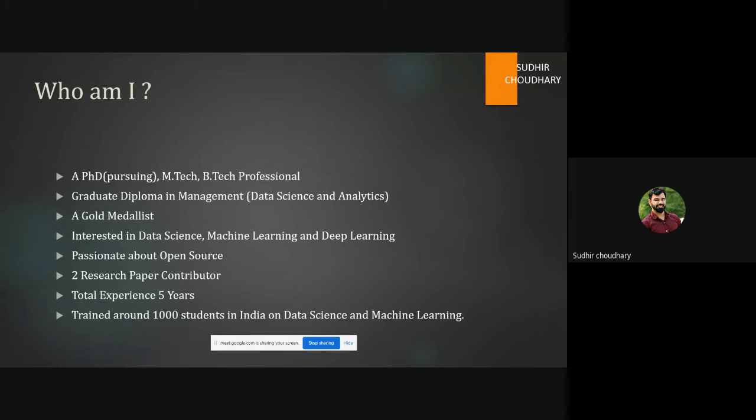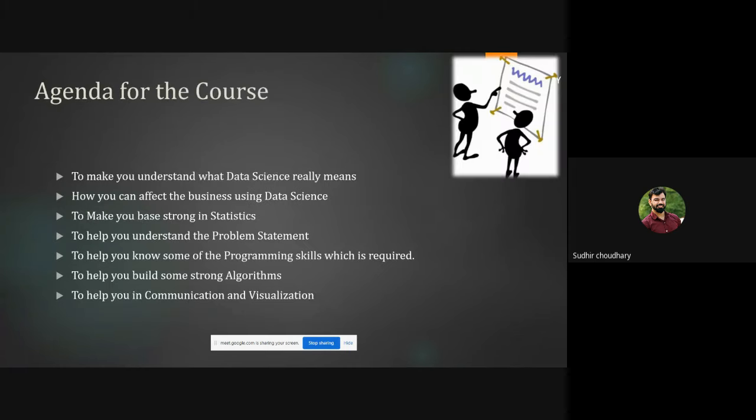So already we are getting late, so let's start with the agenda. The agenda for this course is to make you understand what is data science and what is the role of Tableau in it, right? So I think most of you are here only for the Tableau, right? Yes, sir. So first of all, we need to understand what data science really means and what is the scope of data science in today's IT world or in the normal world, right?